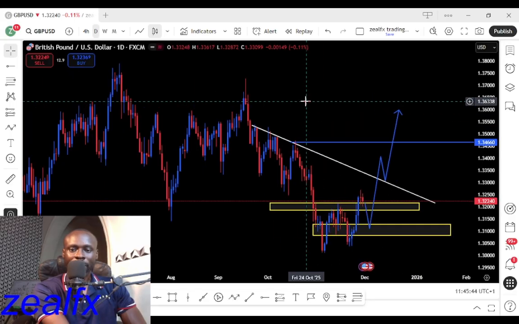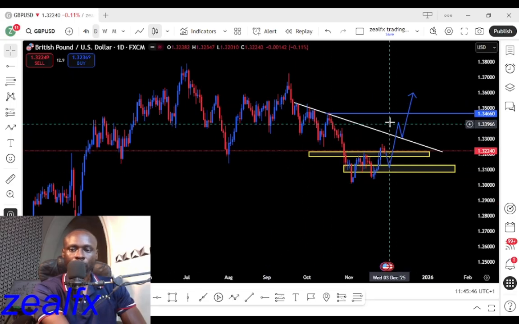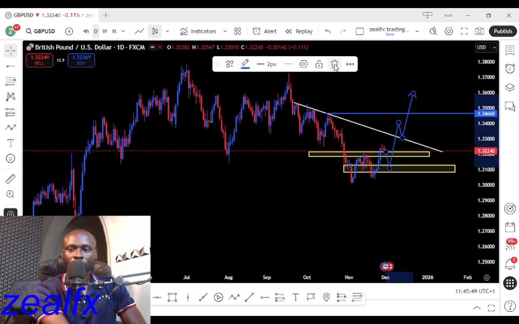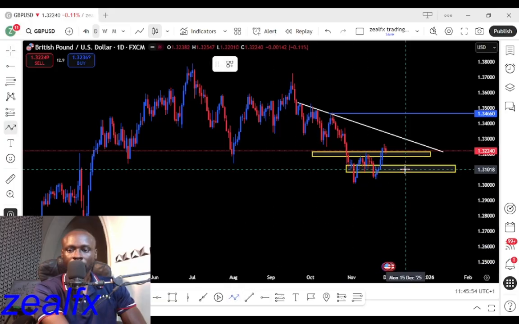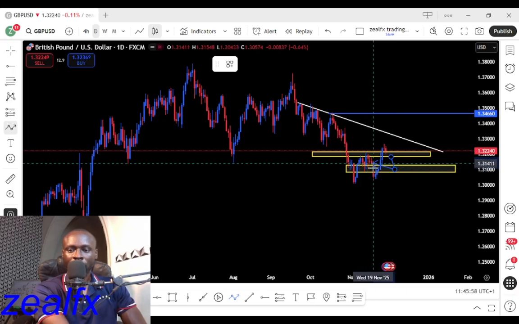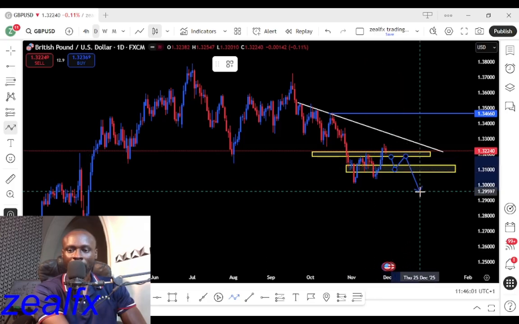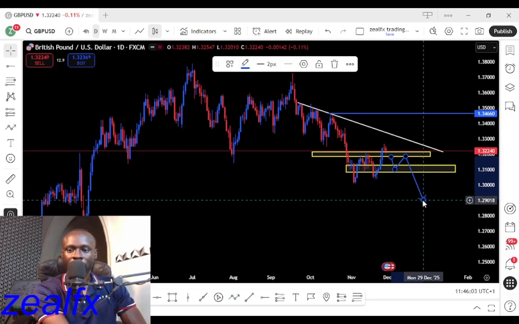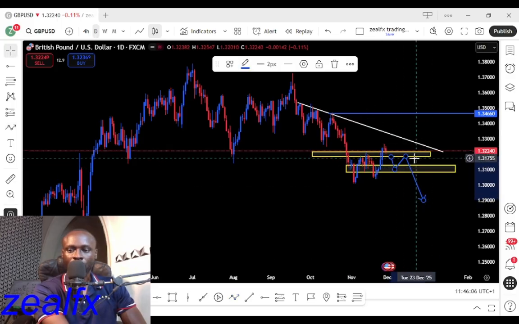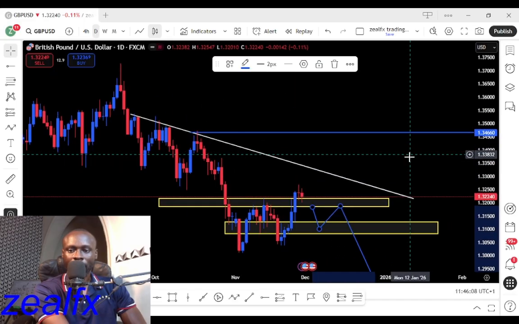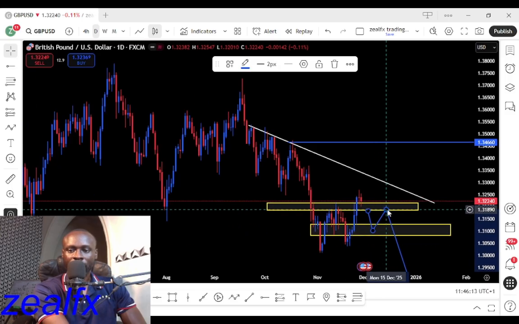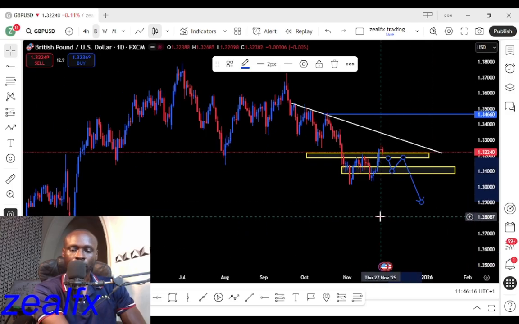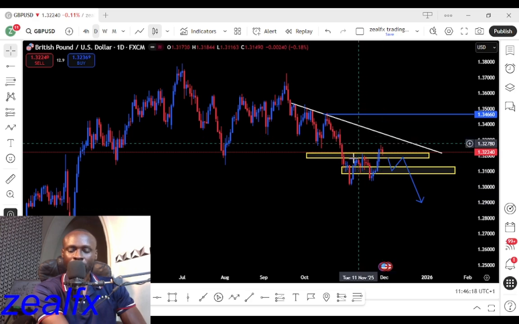So for our sell scenario this week, we need price to break below this level. We need price to break below this level, to come below the level and fail to close above it. Then we expect a retest, then we'll see further selling from this level. Then if price tests this level and fails to close above this particular resistance level, we might see price looking for a sell from this resistance level to the downside. So this week we expect the British Pounds USD to move to this